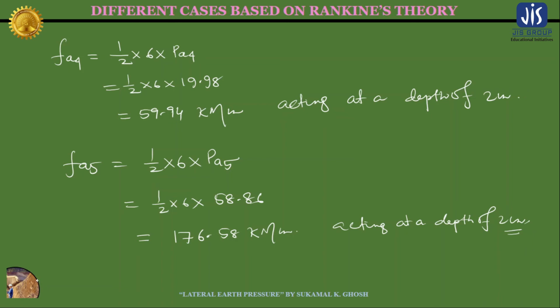Okay, now what will be the total resultant active earth pressure force, or according to the question, what will be the total thrust? See, the total resultant active earth pressure force or the total thrust, let me write it here, total thrust. Since in the question it is written as total thrust, total thrust is Fa, which is equal to Fa1 plus Fa2 plus Fa3.